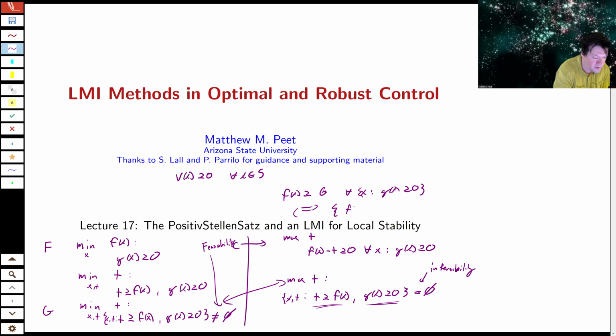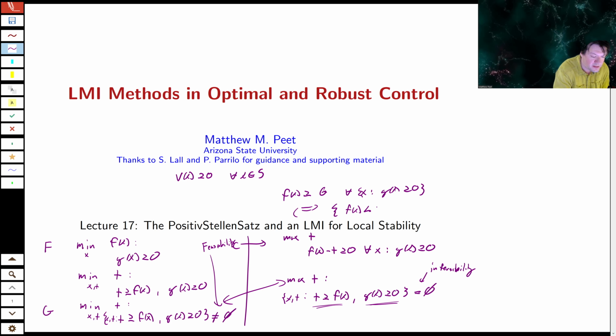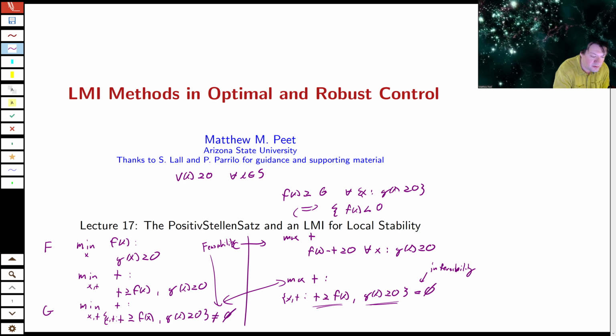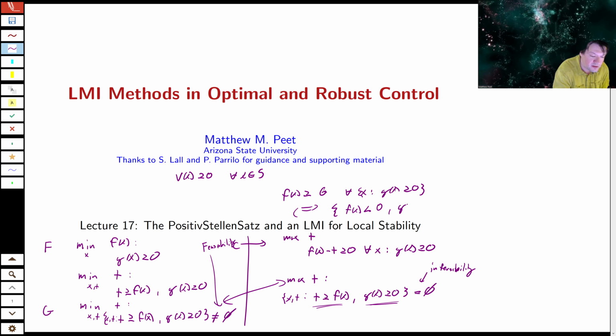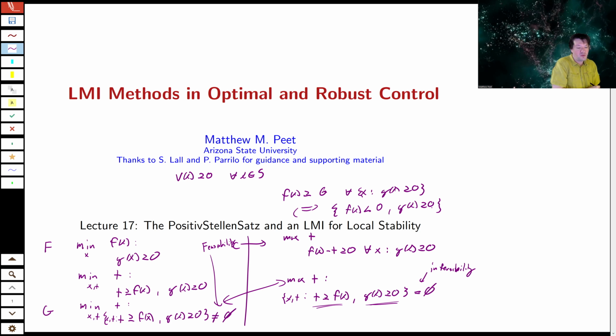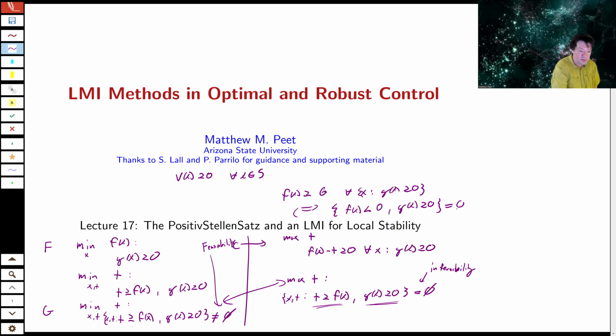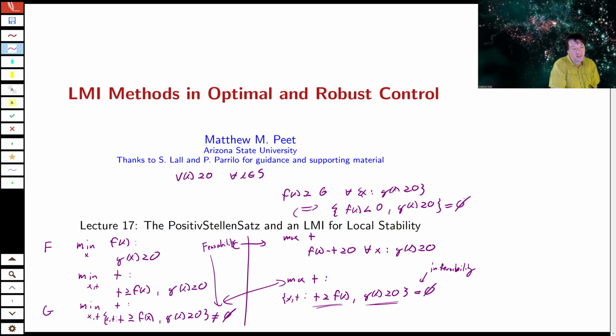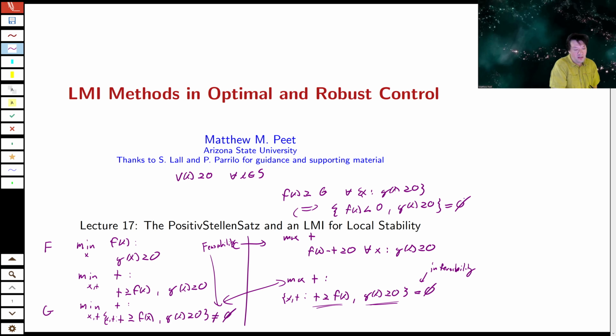f of x less than 0, g of x greater than or equal to 0. Right? That's equivalent to infeasibility of that set. So how do you prove that a set is infeasible? Well,